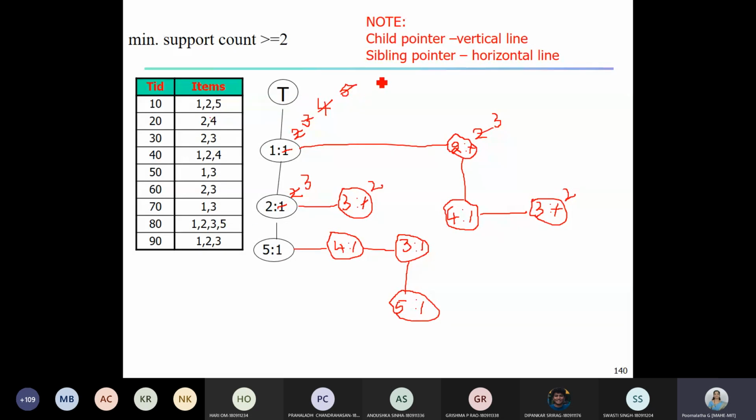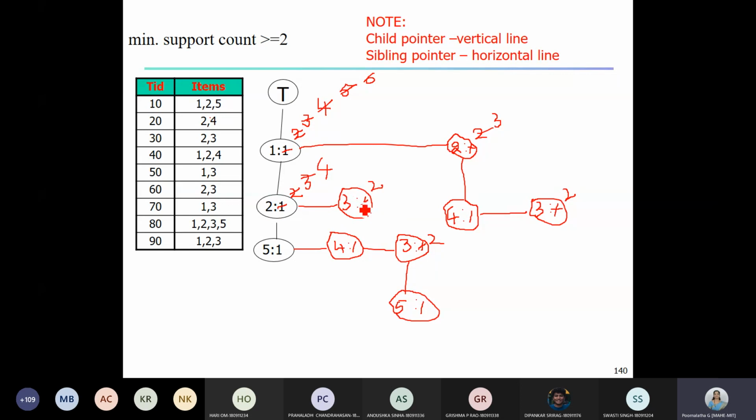Please observe. In a hurry, you might increment the count of these 2 because it is with 2, right? No. This is child of 2. 1, 2, 3. That's the reason we are using this notation, vertical and horizontal. Suppose if you write like this, then you are not able to differentiate between the child node and the sibling node, isn't it? Because sibling nodes have to be at the same level because they are siblings. Parent of them is the same. That's the reason we are using this horizontal line everywhere to connect the siblings.